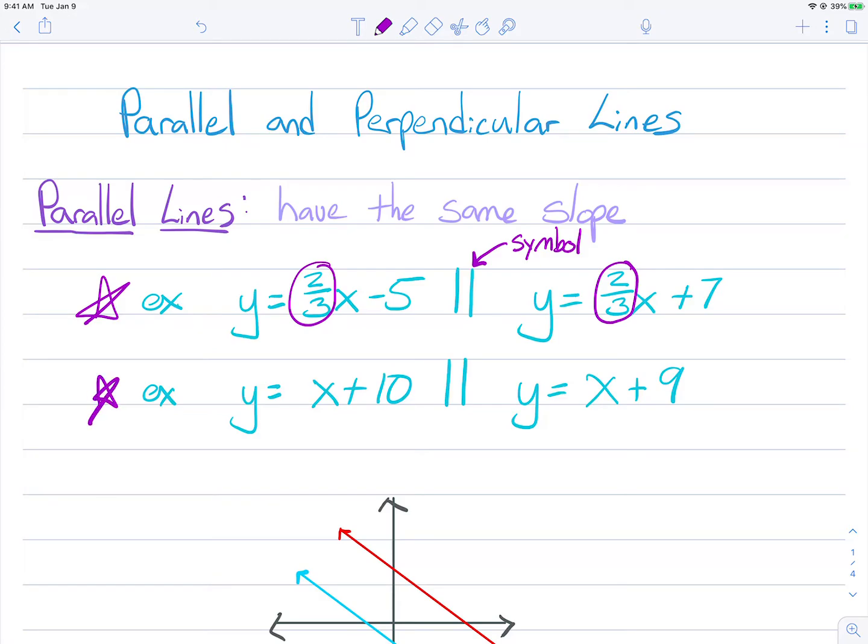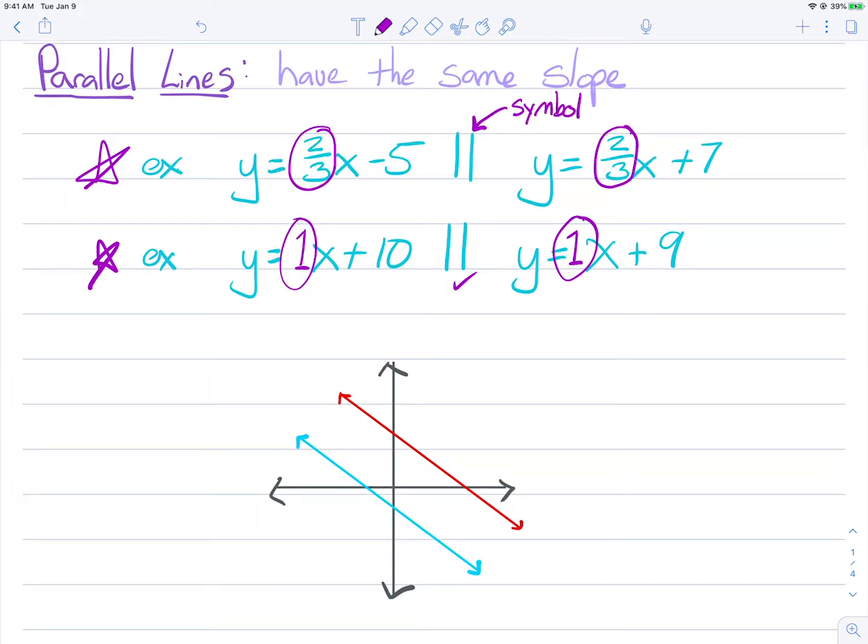On the second example, both of our slopes are a 1, because if there's no number in front of x, the slope is a 1. So they have the same slope, and therefore they are also parallel. So if I were to graph them, I have two lines that are going in the same direction and will